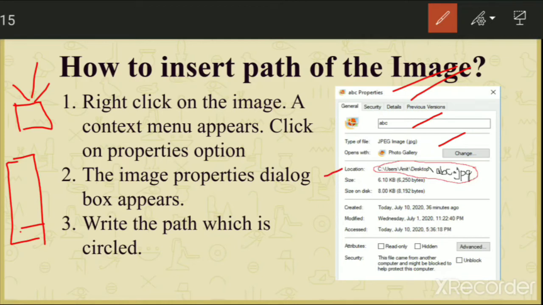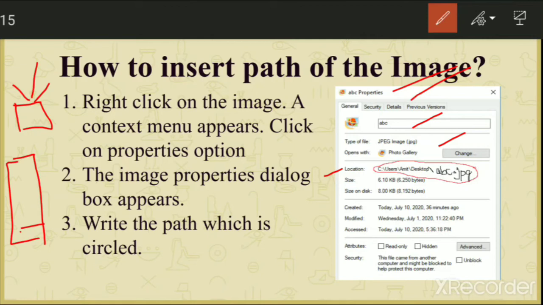Okay, now next just look at the location. So this is the path. This path we have to copy. Just select it, right click, and the copy option will come. After that just copy. So your complete path will be C, users, Amit, then desktop, and then put one more slash and then write the name of the image.